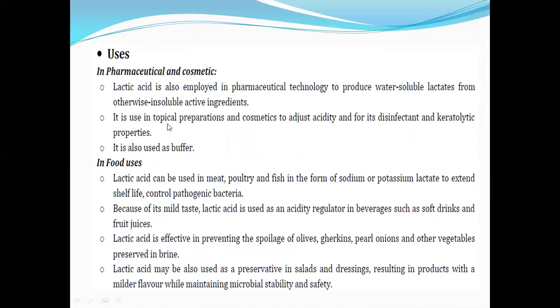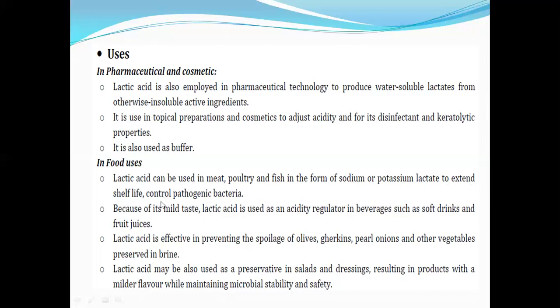It is used in topical preparations and the cosmetic industry to adjust the acidity, and for its disinfectant and keratolytic properties. It is also used as a buffer solution to maintain the pH of solutions. It also has applications in the food industry. It can be used in the meat, poultry and fisheries industries in the form of sodium or potassium salts of lactic acid, that is sodium and potassium lactate,